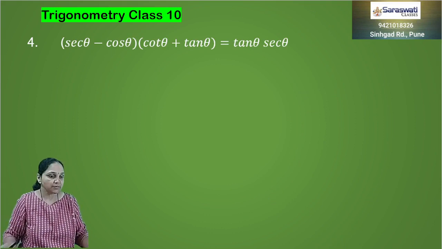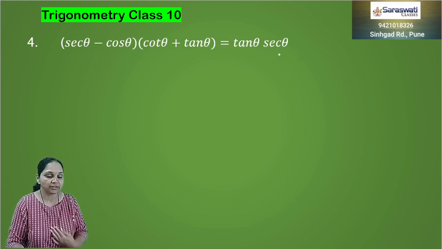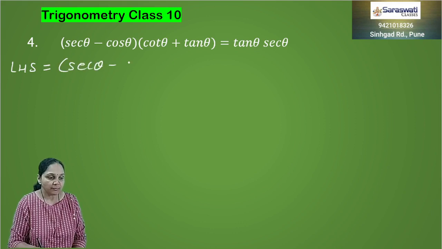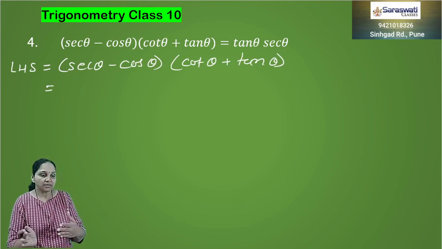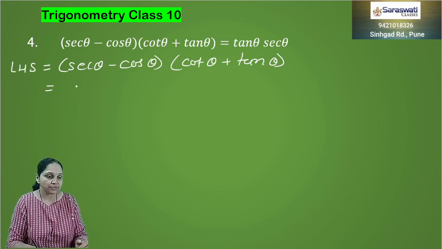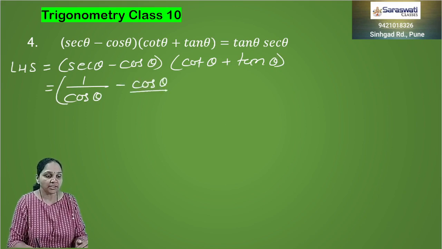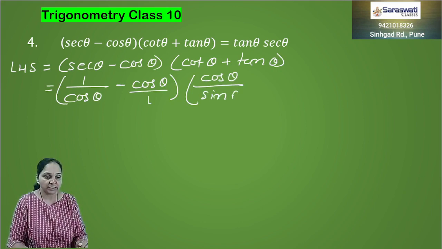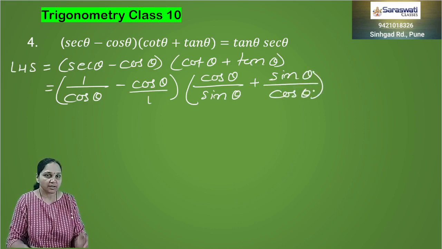Okay, this is the next example. (sec theta minus cos theta) into (cot theta plus tan theta) is equal to tan theta into sec theta. So consider LHS. Sec theta minus cos theta, cot theta plus tan theta. Now write the basic values for all ratios, that is sec theta is 1 upon cos theta minus cos theta upon 1. Now cot theta means cos theta upon sin theta plus sin theta upon cos theta, and just